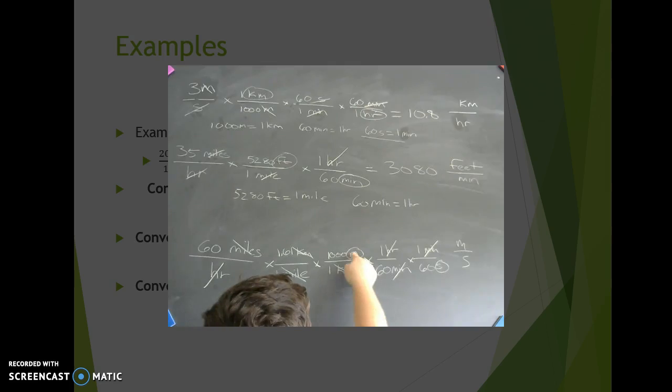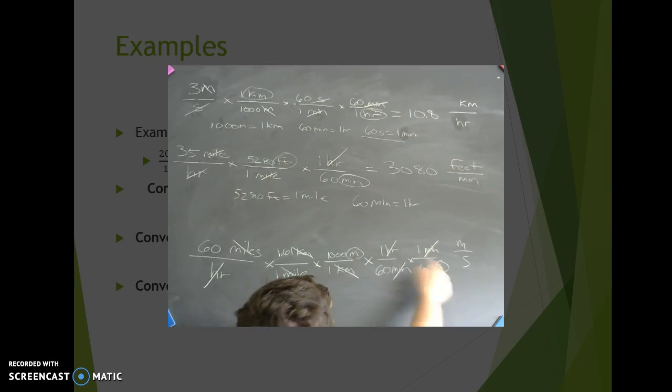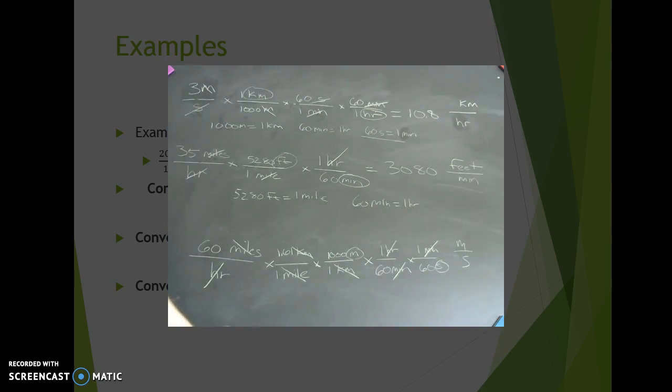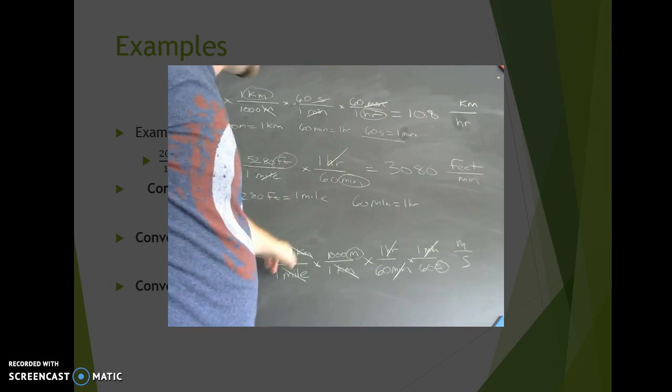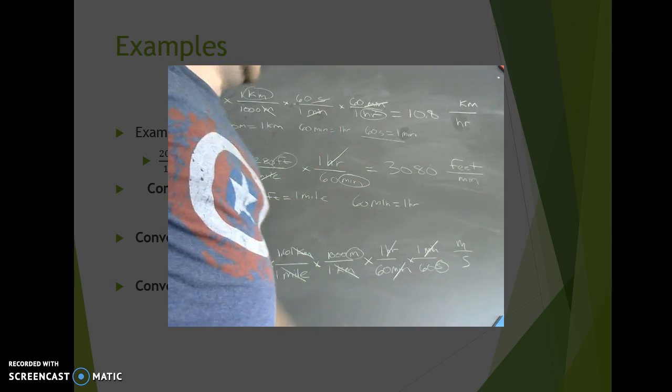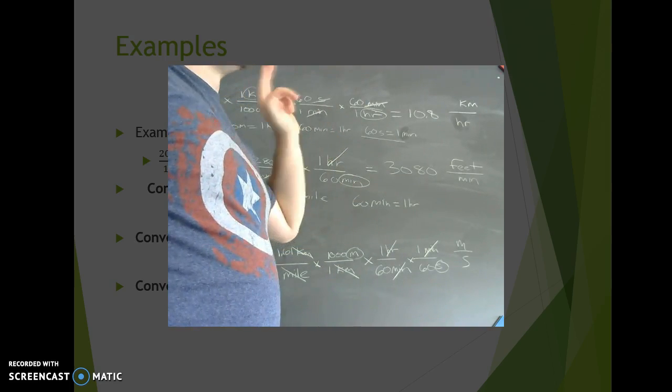And we can see here my only surviving units are now meters and seconds, which tells me that my final answer is just a multiplication away. So taking 60 divided by 1.61, multiplied by 1,000, divided by 60 will give us a